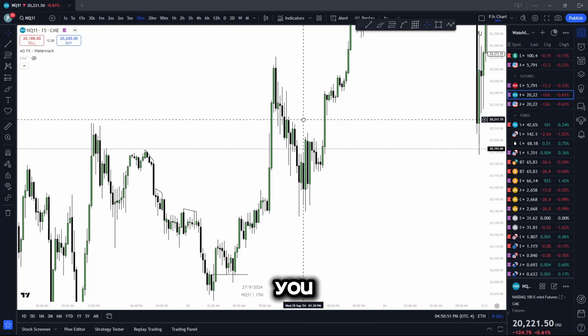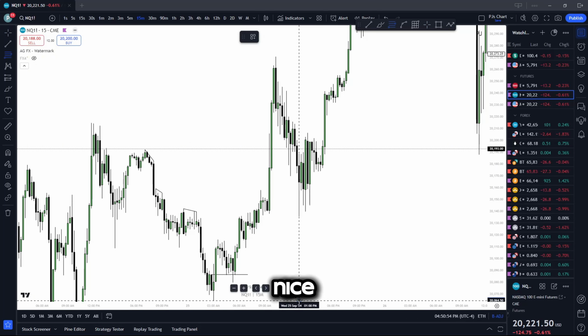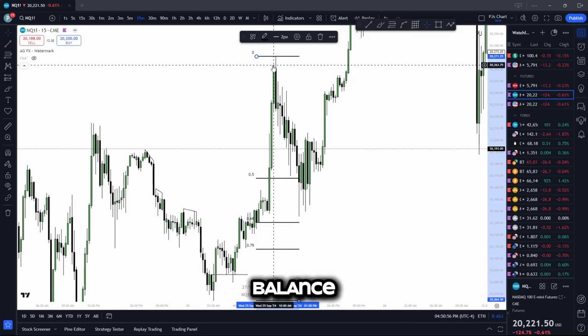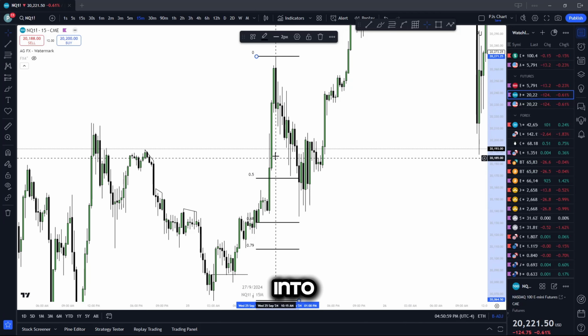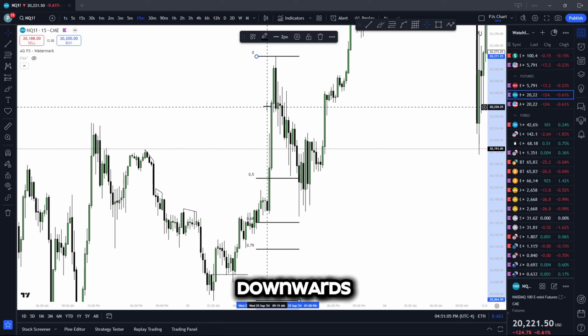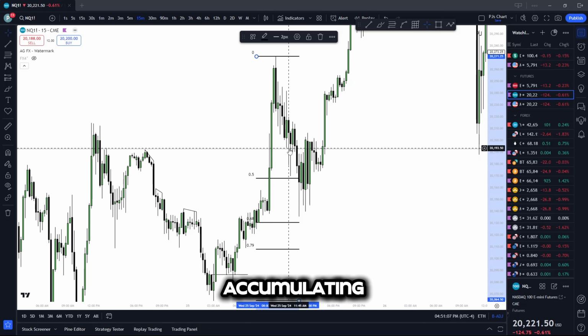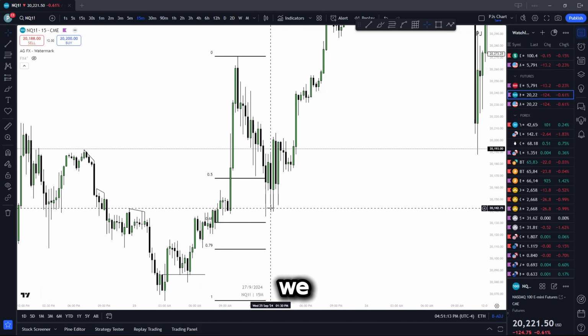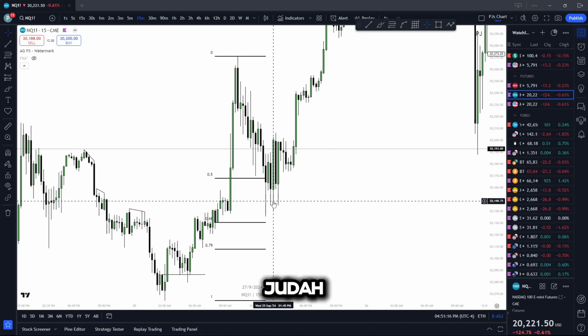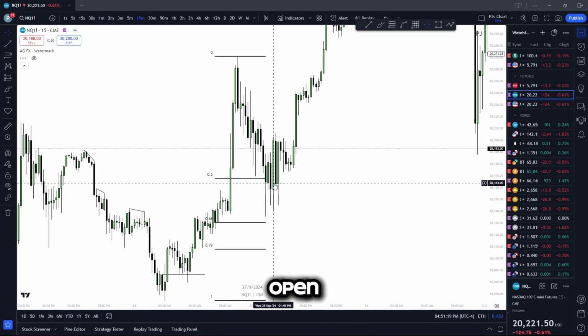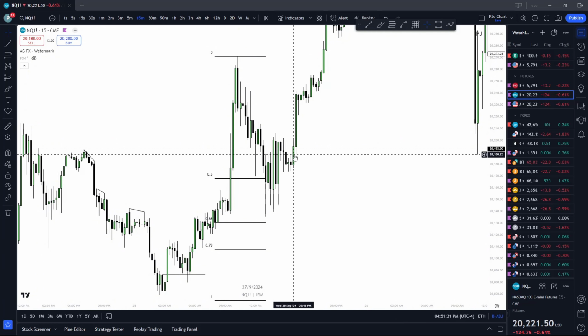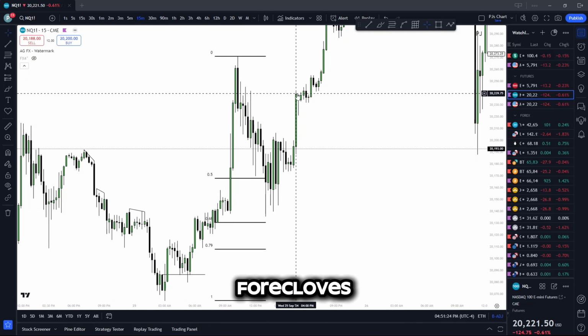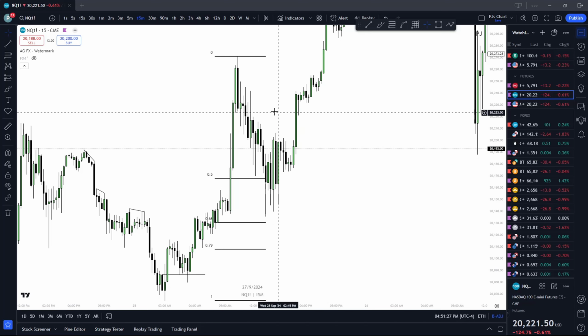If you didn't catch this one, price was even lucky and nice enough to give you another balanced price range, breaking the high, coming into a discounted price range, displacing, accumulating. And I see that we're moving downwards, but we're reaccumulating, just trend accumulating lower for low resistance to then push us higher. We see then we come into a PM Judas swing with a 2 p.m. open, low, then high into our 4 close, closing above,